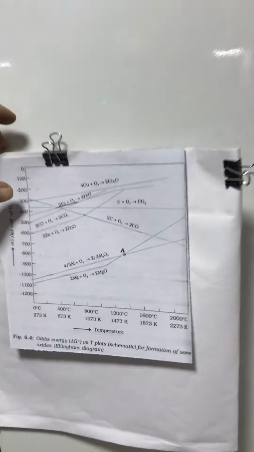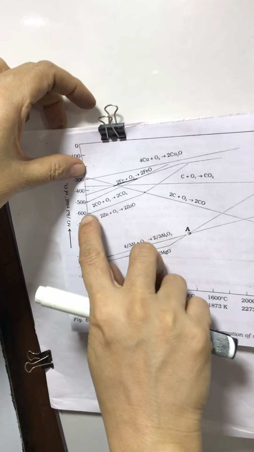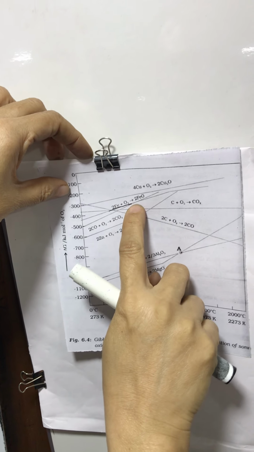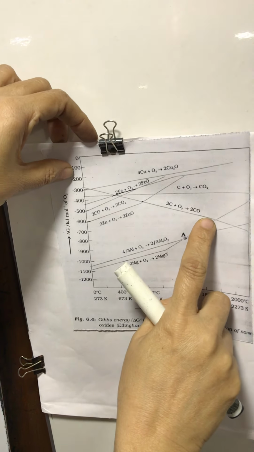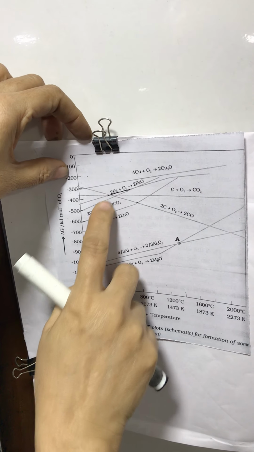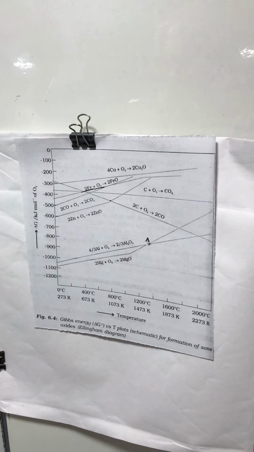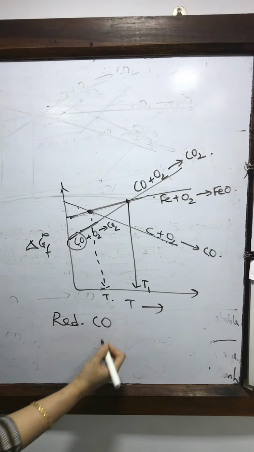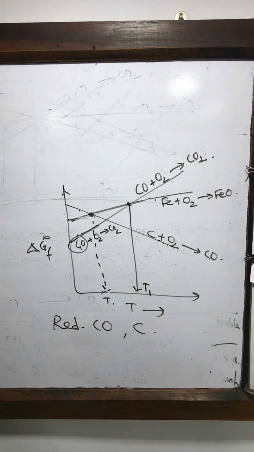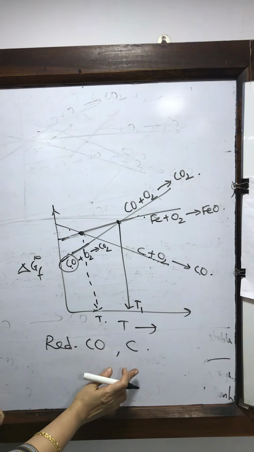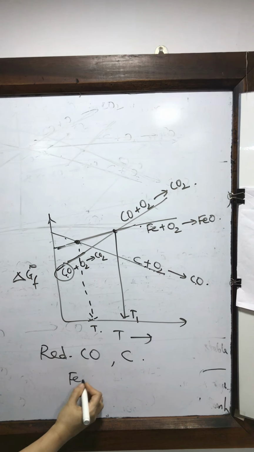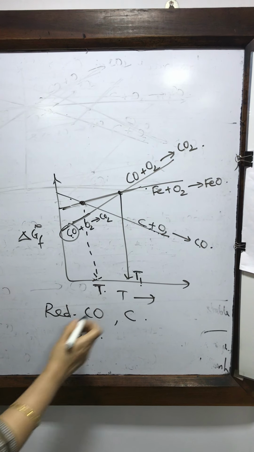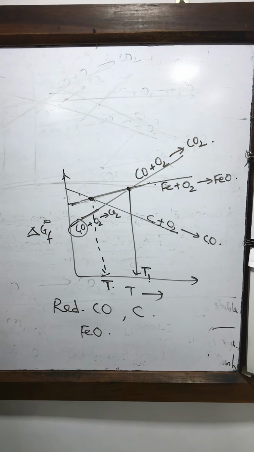You will see that this is the graph for the formation of carbon monoxide to dioxide, which is cutting the line for iron oxide here. And this is the graph for the formation of carbon monoxide, which is cutting it here. So we have 2 graphs. We have 2 reducing agents. We have the reducing agent carbon monoxide as well as coke that can be used to extract iron from iron oxide. And depending on the temperature, we can select a better reducing agent.